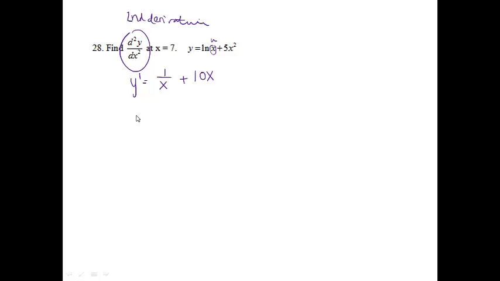we want to take the derivative again. Before I do that, though, I'm going to rewrite this. This would really be like x to the negative 1 plus 10x. And so when I go to take the second derivative, I'm going to bump my negative 1 out front, so I'll have negative 1x to the negative 2 because we subtract 1, and then plus 10. I'm going to rewrite that as negative 1 over x squared plus 10, and we are looking for the derivative